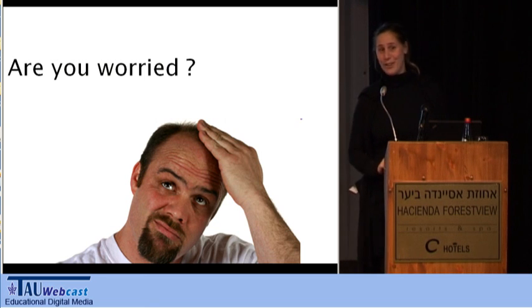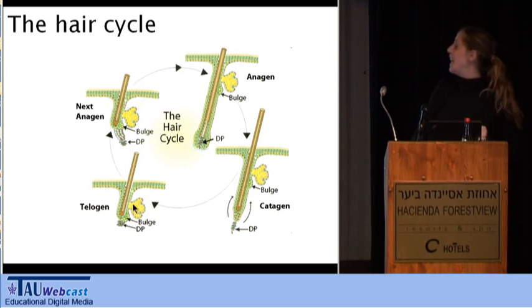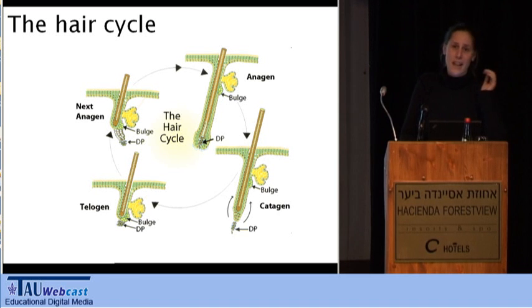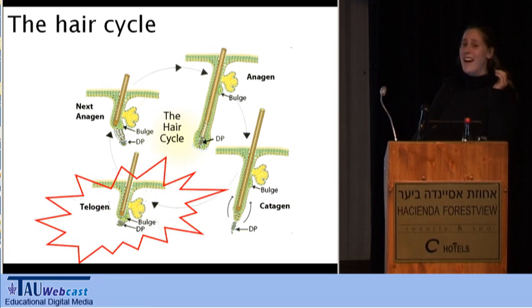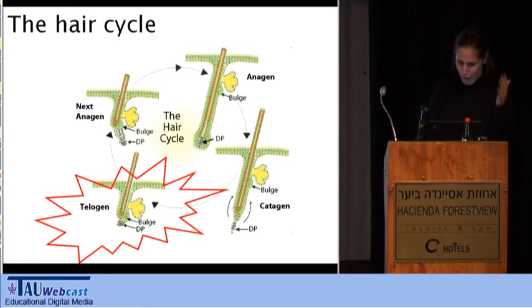Are you worried about losing your hair? The hair follicle is a regenerative organ which undergoes repeated cycles of growth, destruction, and a delaying phase. On the transition from the delaying phase to growth, unique cells are responsible, which are the hair follicle stem cells. In male balding, the hair follicle is stuck in the delaying phase, unable to go through to growth.